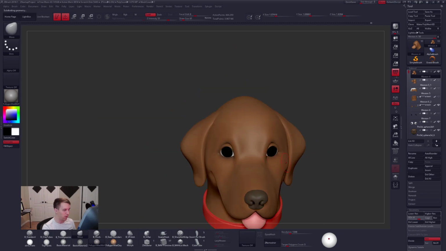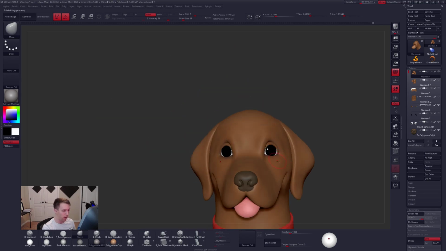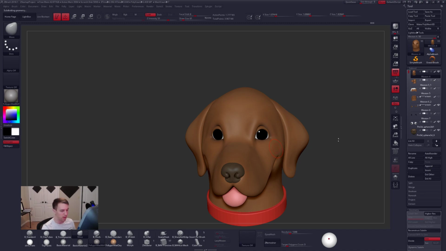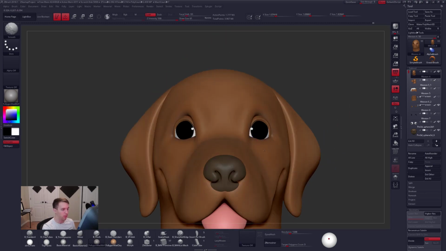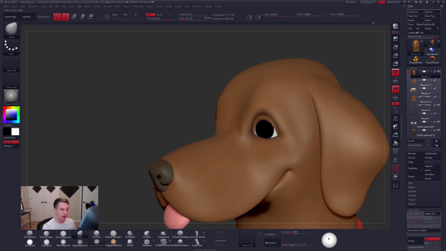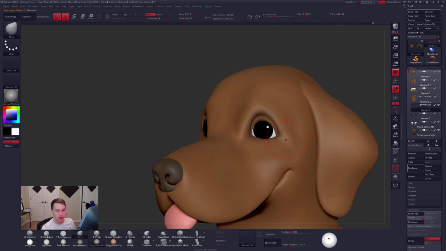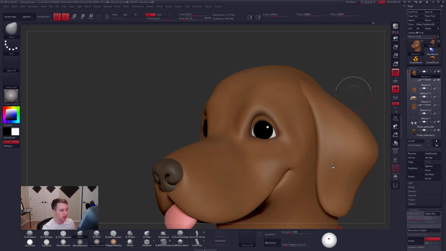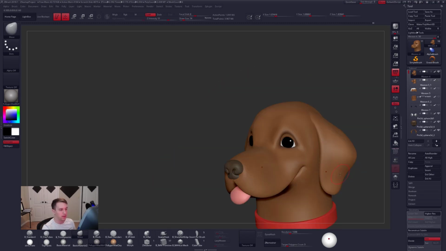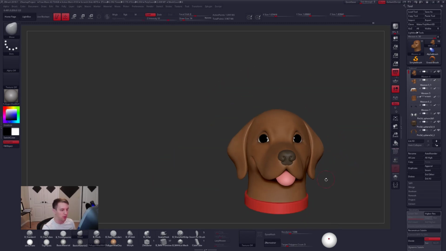I somehow accidentally have symmetry off here. That's not a problem though. Let's mirror all that really quick, get that back to where we want it. And then grab our head and our top eyelid there. Merge those together. I think this is going to be a great time for us to also merge our ears